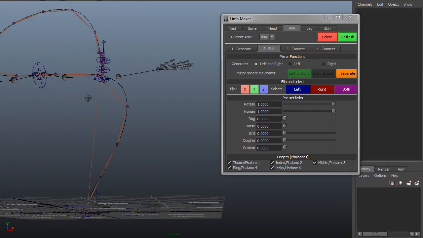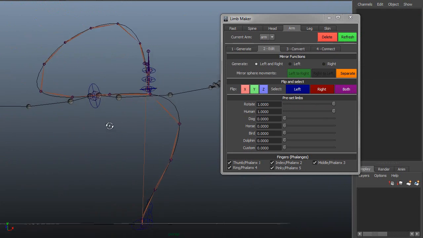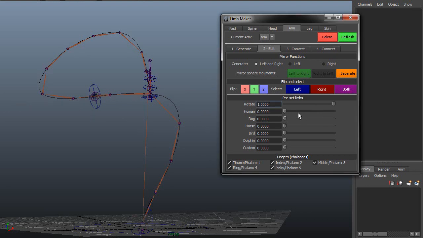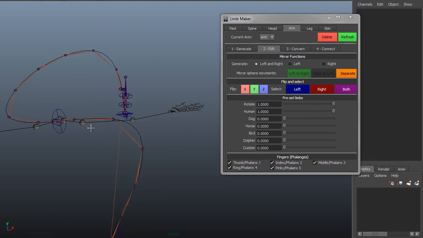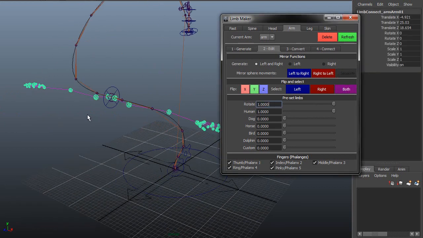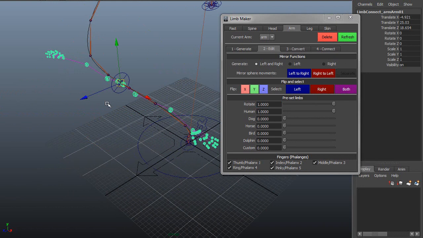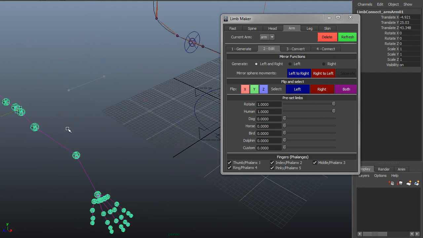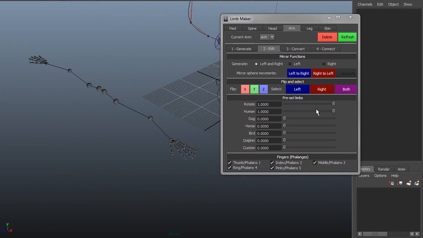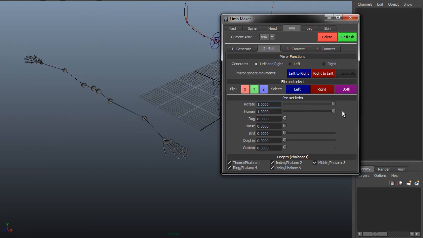So this is a human, and by default it's set to 1, just to let the user see what it actually is, instead of starting off like a single sphere in the middle. The user automatically sees it's an arm. So what I'm going to do here is move these out a bit so they can be seen a bit better. With this arm, I'm going to go through the presets. This first is human, then the dog,